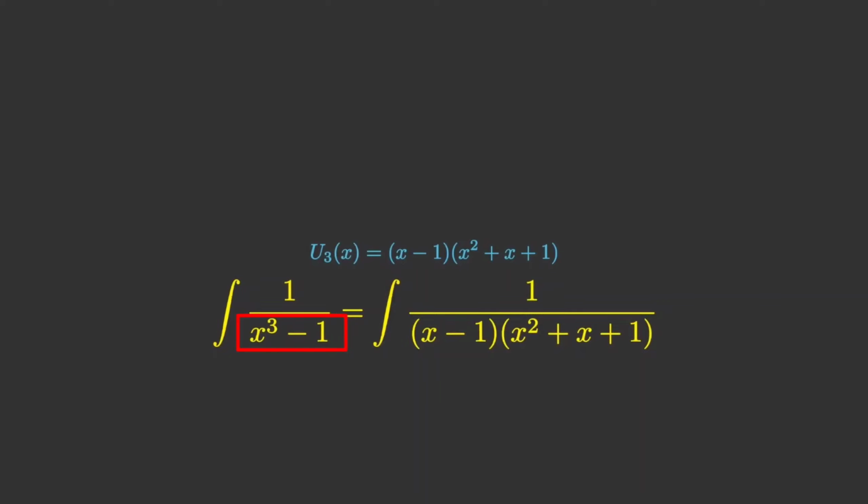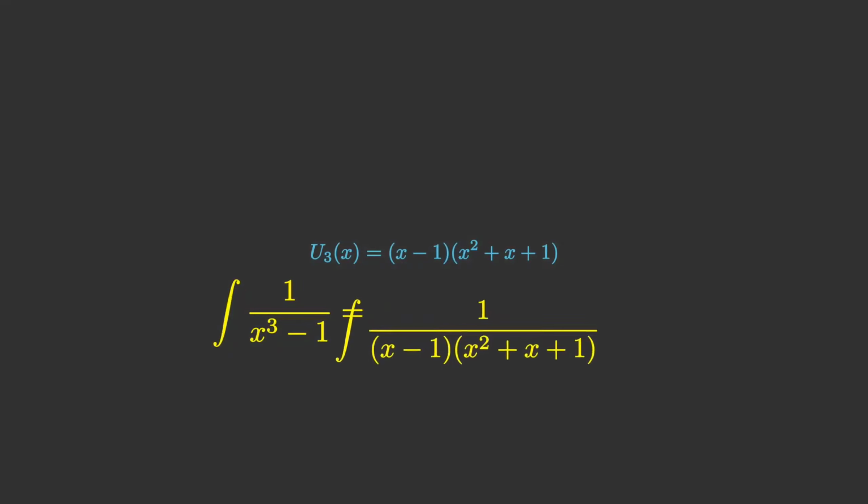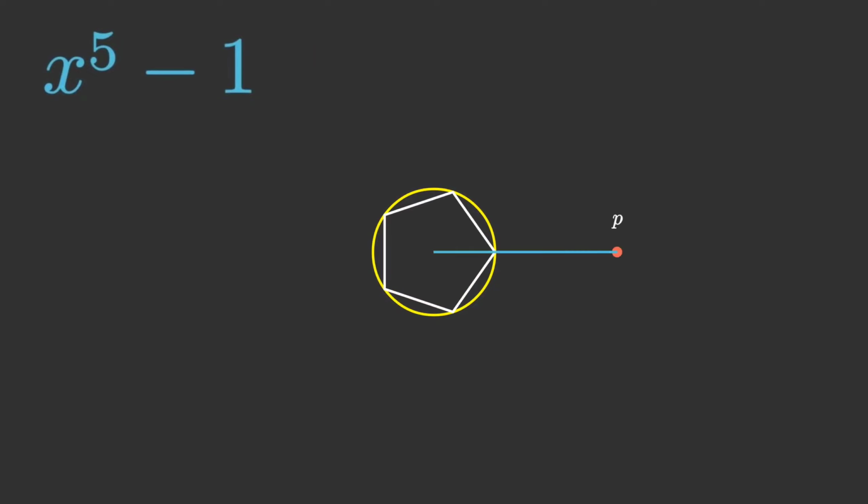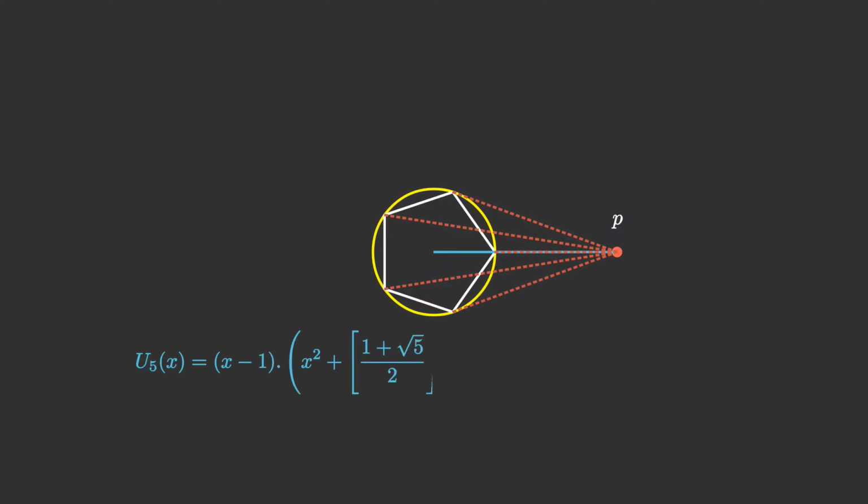So we have factored this equation into linear and quadratic factors like this. With the help of partial fractions we can integrate this expression very easily. By following the same procedure we can also calculate the factors of x raised to the power 5 minus 1 as we did before, and so on. We can calculate any power x raised to the power n minus 1 by following the same procedure, so we get the factors in linear or quadratic form, and we can easily calculate the integration of these powers.